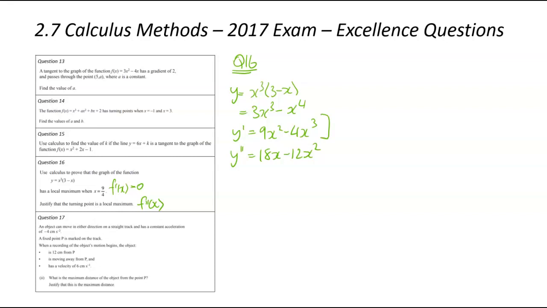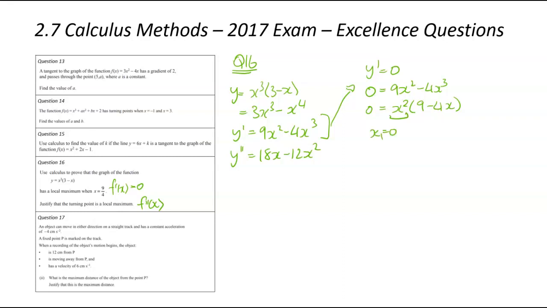We've done all our differentiating. Let's focus on the first derivative, and we know about this maximum. We know it's a turning point, which means it's going to have a gradient of 0. So we know that y dash will be equal to 0 at that particular point. So we're going to substitute. 0 is equal to 9x squared minus 4x cubed. We're going to go ahead and solve for this. I know that there's an x squared in common, so I'm going to factorize that out, which makes x squared times 9 minus 4x. I'm now going to solve